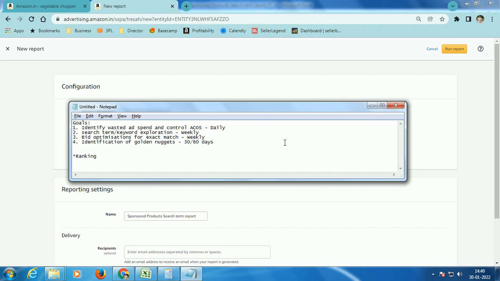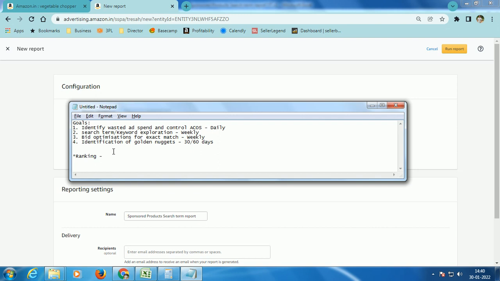Now golden nuggets are the keywords which are proven to be doing well for your product. Over a period of time, you'll get to see certain keywords which are really doing well. You'll get to see that your CTR is really good, your conversion ratios are really good. So you need to identify such keywords, and then you need to have a plan for ranking for those keywords, right? So ranking is a very important aspect, so we will pick this topic in our next video.